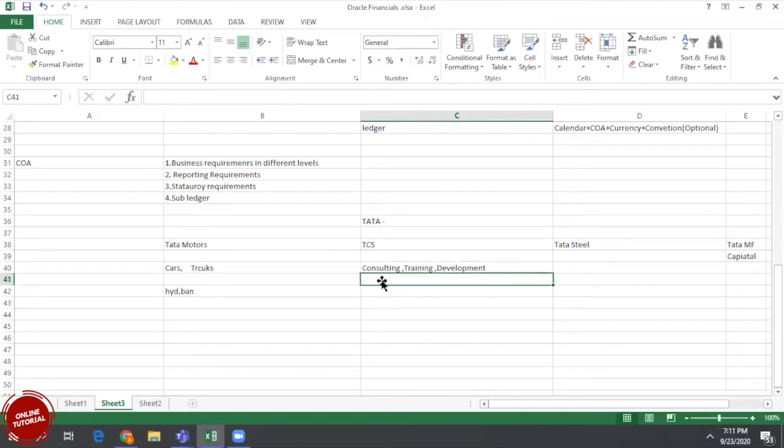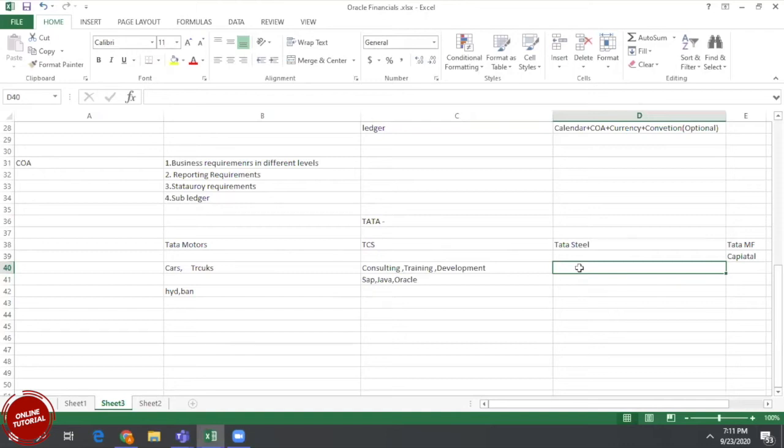For example, consulting does work for SAP, Java, and Oracle. Physically it is located in multiple places, but when users pass the transaction, they want to enter it irrespective of the location.